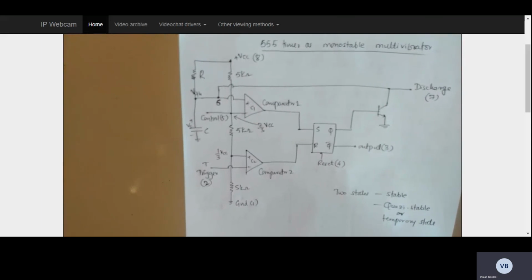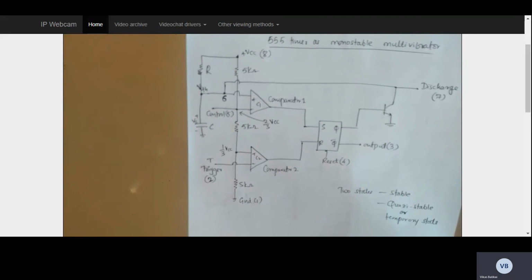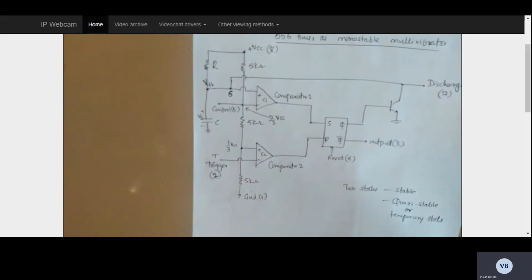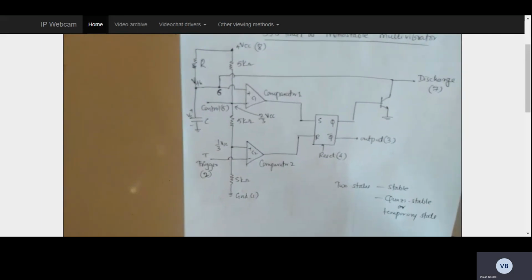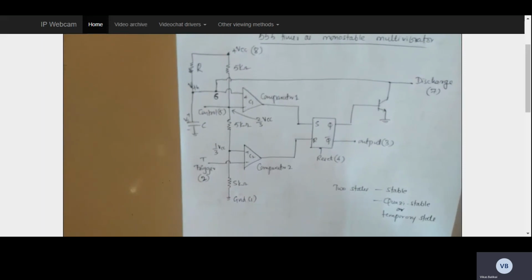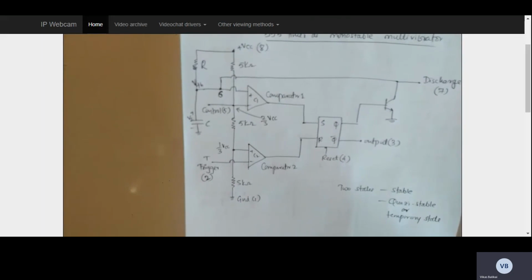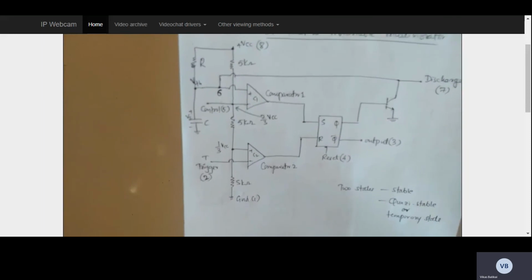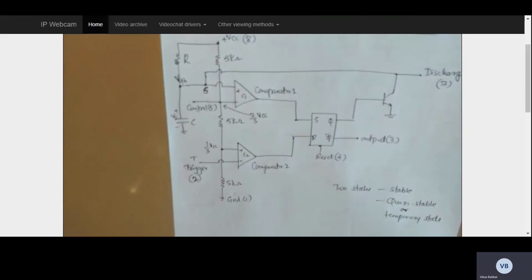And as you can see, the main difference here is there is only one resistance, that is the first difference. And the second difference is there is no connectivity between the control pin and the trigger pin. In my astable multivibrator, the control pin and the trigger pin have been joined, but now they have not been joined. But nevertheless, the entire operation is going to depend on the charging and discharging of my capacitor. And one more important point here is that the charging and majorly the discharging is going to happen in a very quick amount of time. Hence, I'm going to get only one stable state in this monostable multivibrator.